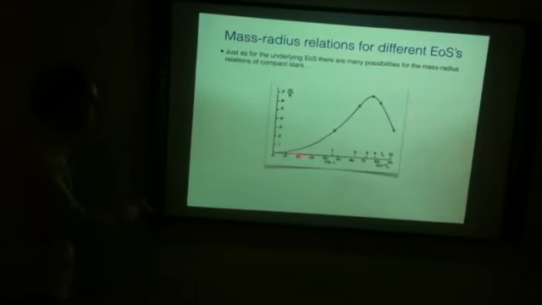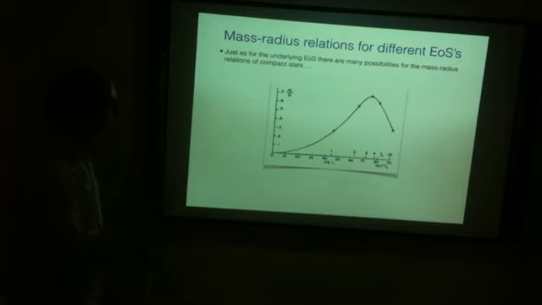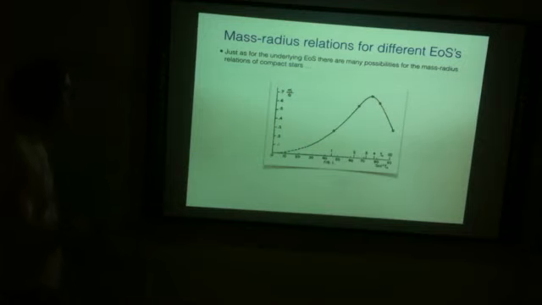This is the simplest one that people did, I don't know, 30, 40 years ago, which is just the ideal gas result. And as you see, there you only get 0.7 solar masses. Don't worry what this is. This is just some inverse radius, basically. That's why the whole curve is kind of flipped. But okay, this is just the first computation people did.